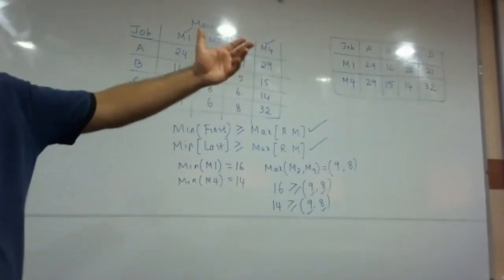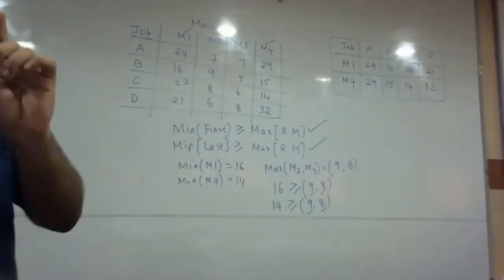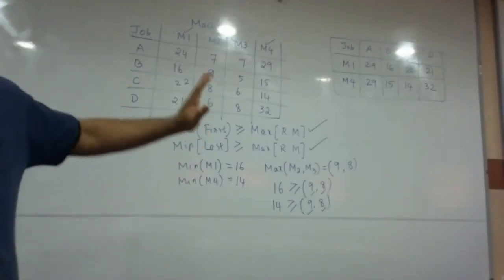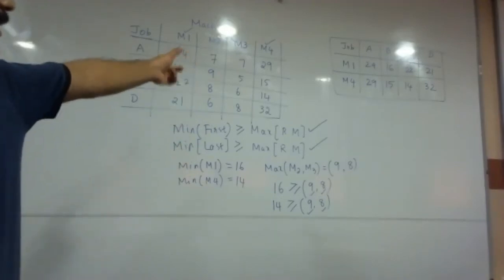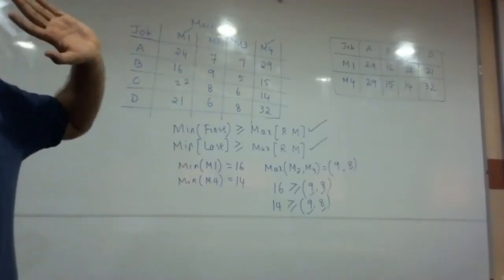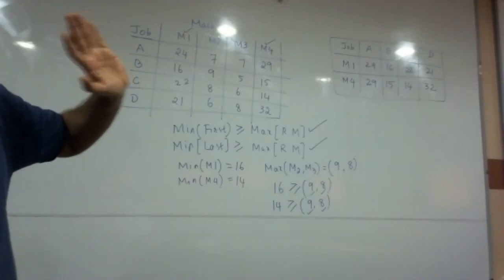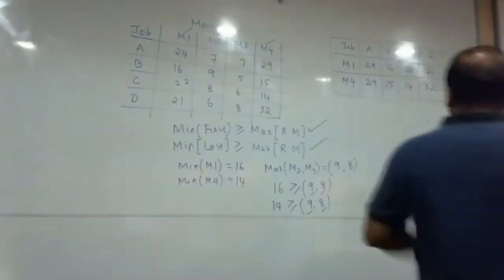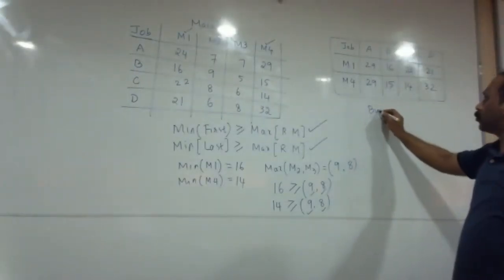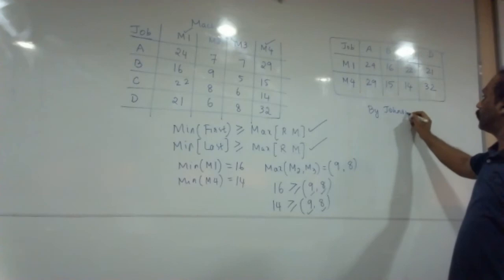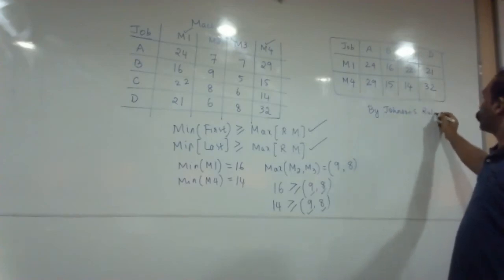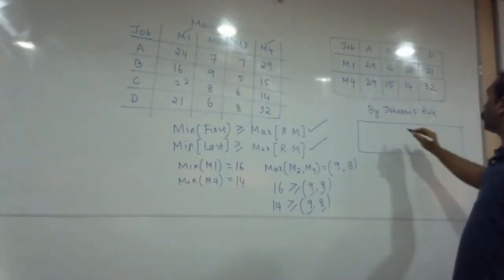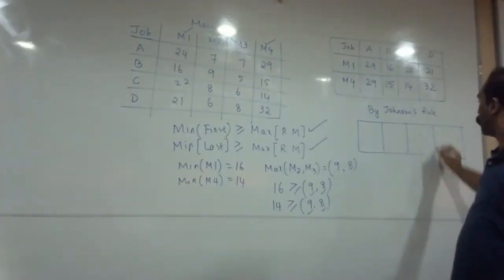I think everything else is the same. The one major difference is that introducing a fictitious machine is not required here because we can directly take the values of the first and last machine. Have you all understood now? Everybody? Okay. Now let us apply Johnson's rule. I want you to please tell me the order now. Totally how many jobs are there? 4 jobs are there. Now tell me the order.